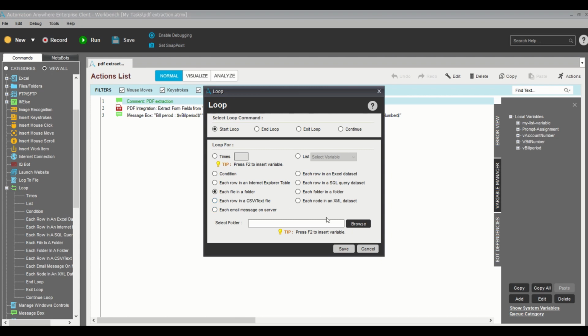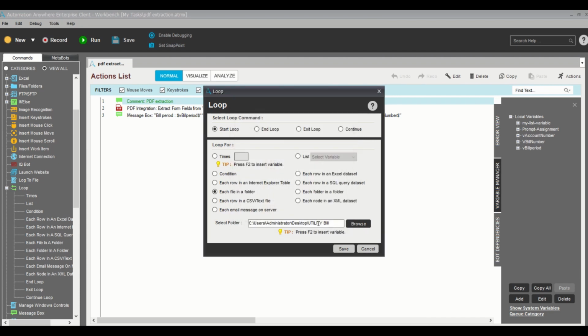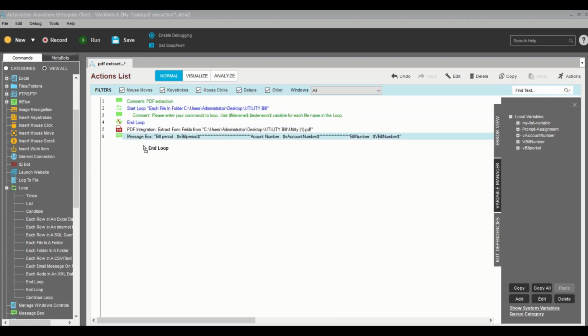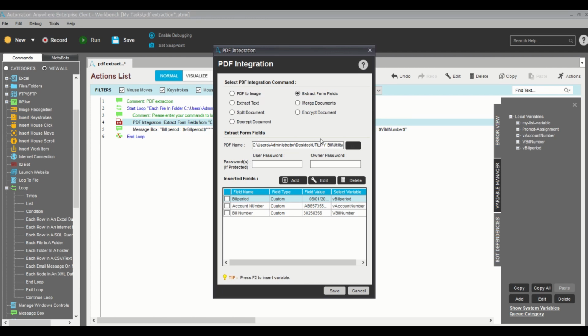Sorry, I will give the folder path. This is my desktop, utility bill. Okay, I will save it and make it end here. Now we need to make it dynamic, because this is only taking one data. So how we need to make it dynamic is, we need to remove till here